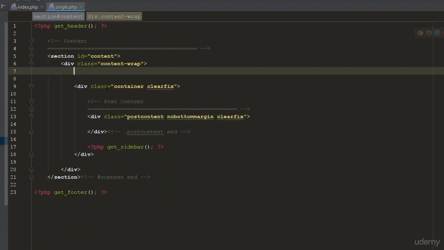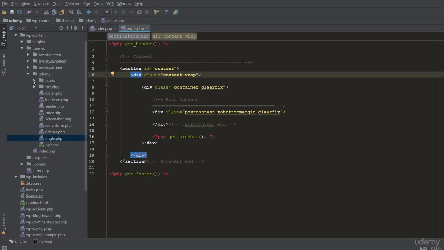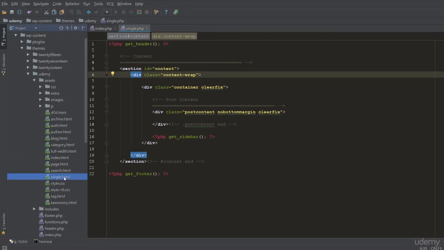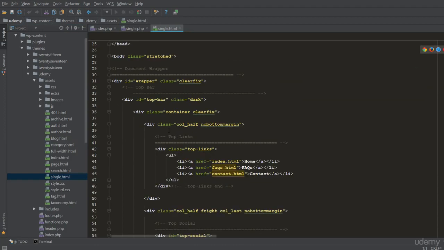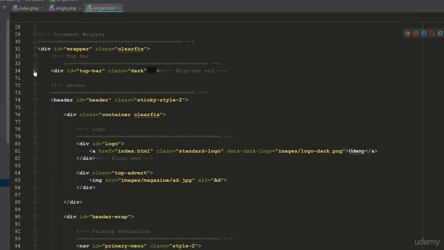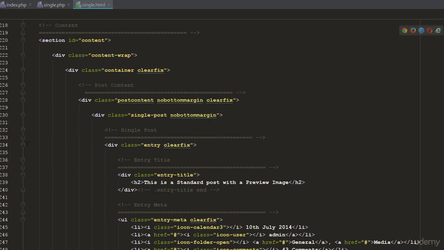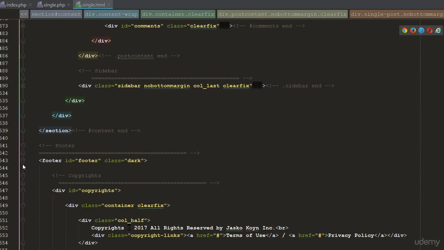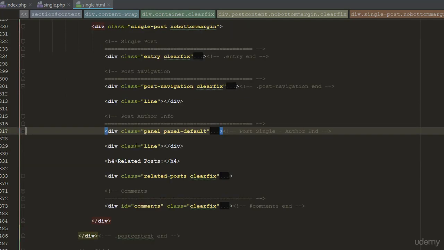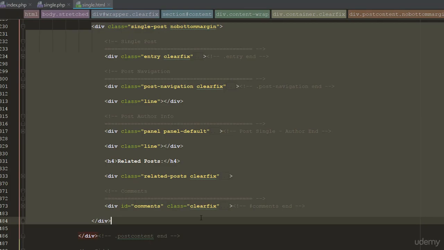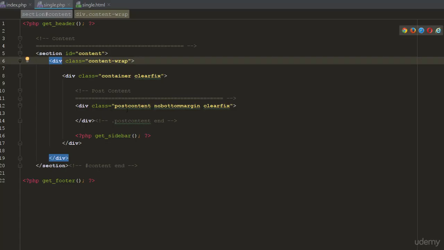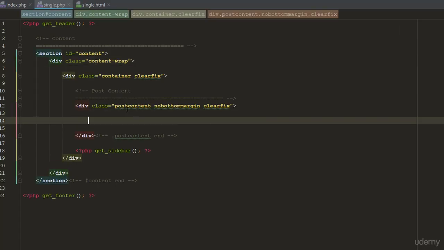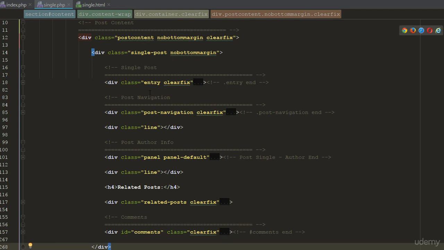Next, open up the single.html template file inside the assets folder. I want you to look for the div tag with the class single post. Copy everything here and then paste it into the spot where we deleted the previous div tag. So we're kind of back to where we started, but that's fine because this gives us the opportunity to fix